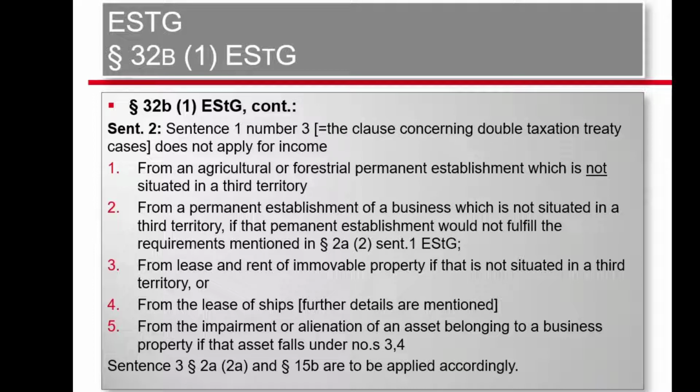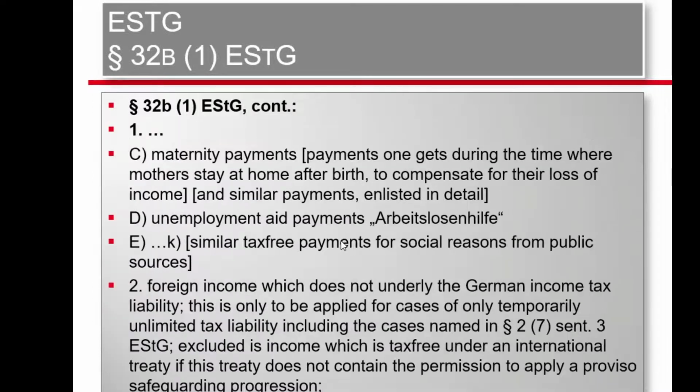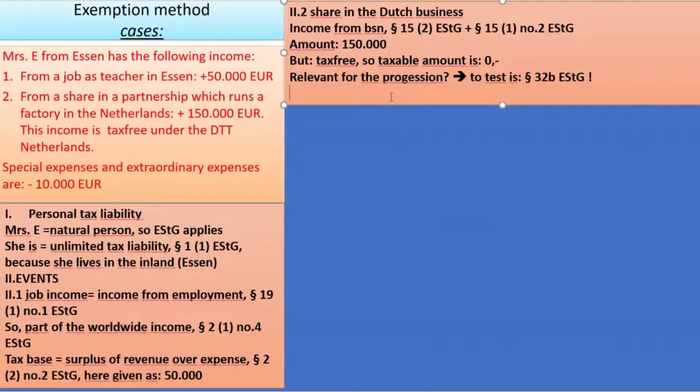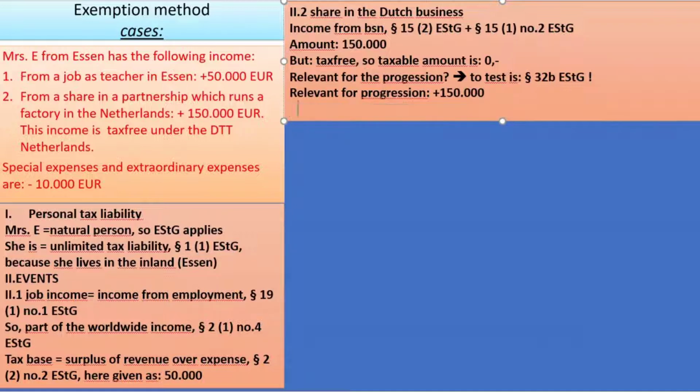So a regular factory doesn't show up here. So for income from a factory, this number 3 rule remains valid, that income is relevant for the proviso safeguarding progression, so we have to take it into account. So after we could happily say that, relevant for progression is 150,000 plus. So now adding it all up,